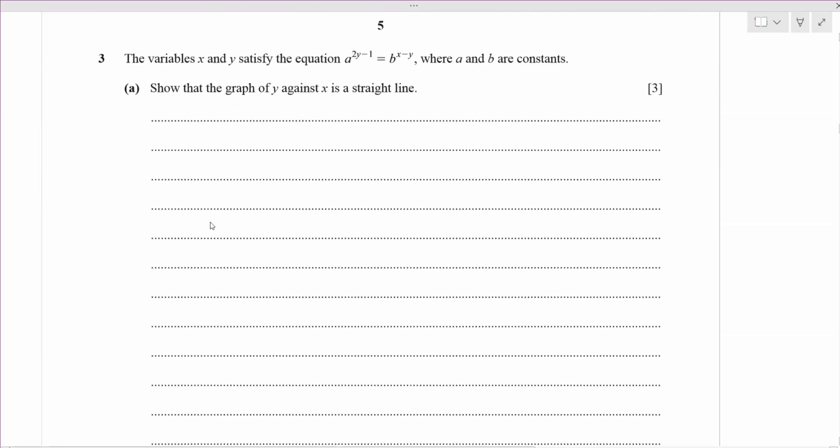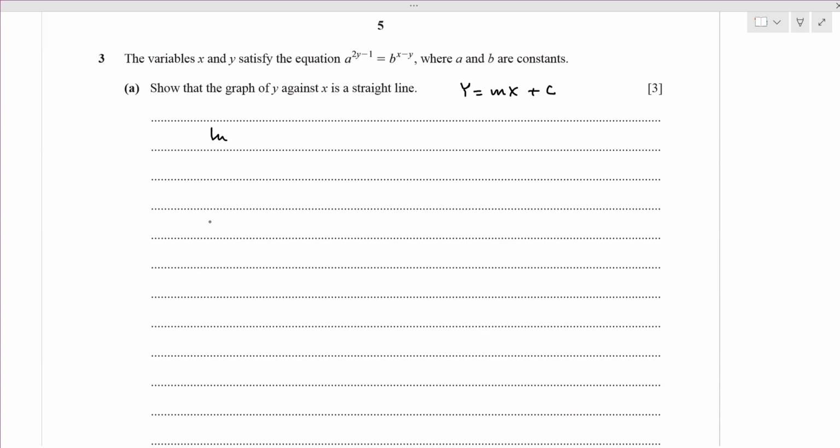Question number 3. The variables x and y satisfy the given equation. Show that the graph of y against x is a straight line. It's a question of linear law. We have to make y equals mx plus c, meaning one term is constant, one term has x, and one term has y. So now I am making this,